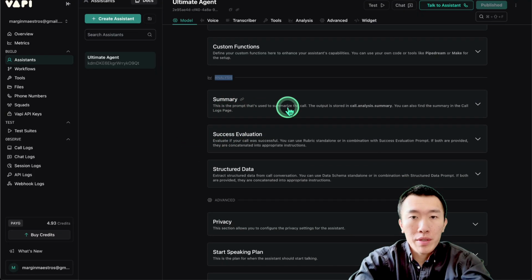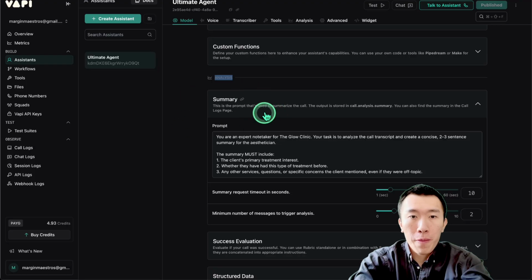This is the prompt that's used to summarize the call. The output is stored in call analysis summary. You can also find the summary in the call logs page. So what we're going to do is we're going to open that up, and it's going to ask us for a prompt. Now, you would just need to write a basic prompt here, saying something like, you are an expert note taker for the Glow Clinic. Your task is to analyze the call's transcript and create a concise 2 to 3 sentence summary for the esthetician,